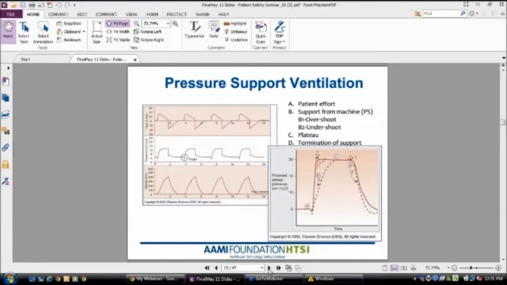On the next slide, we're looking at pressure support ventilation. So we're looking at all of our breaths being patient-triggered. So if we look at the illustration on the left, in the middle box, the white strip, that's our pressure time scalar, you can see that every breath